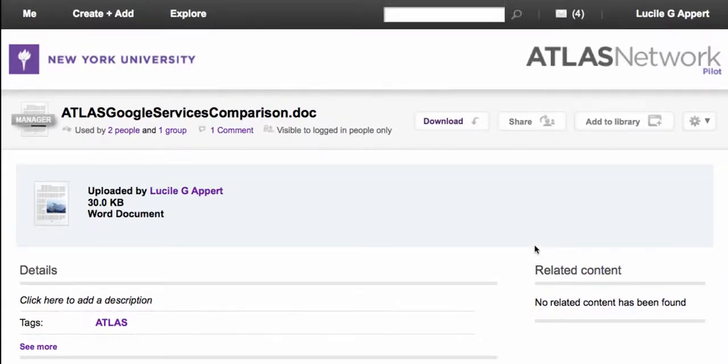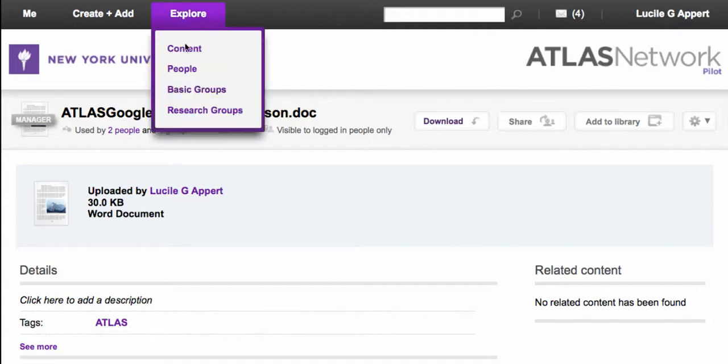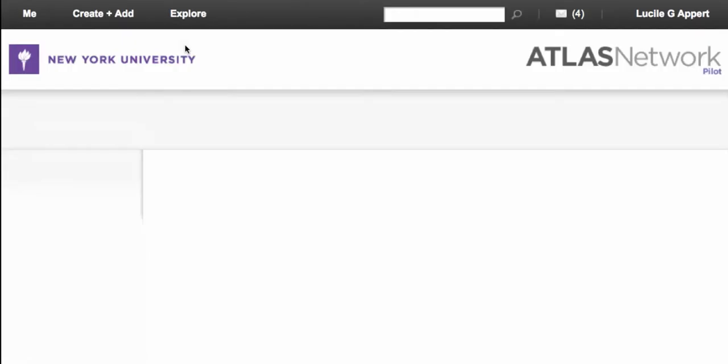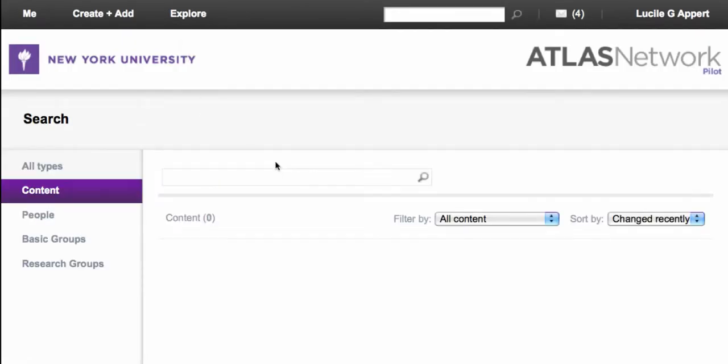Just as a short add-on, links are treated in the same way as files. So a link would also have a document profile, and this can be really helpful because a lot of people treat links as content and circulate them in the same way. So where are you using this content? Let's go take a look at groups.